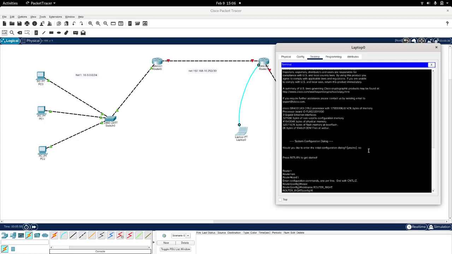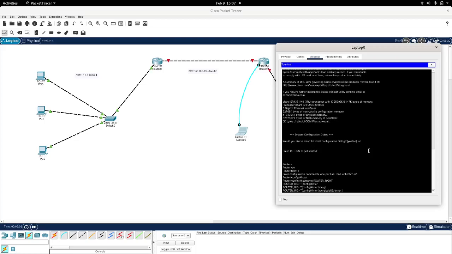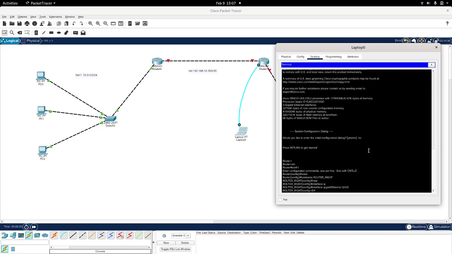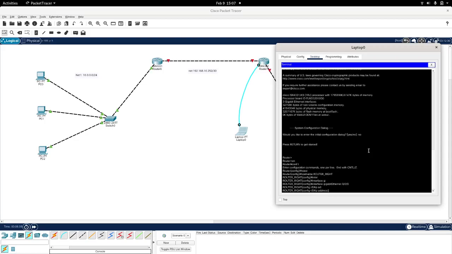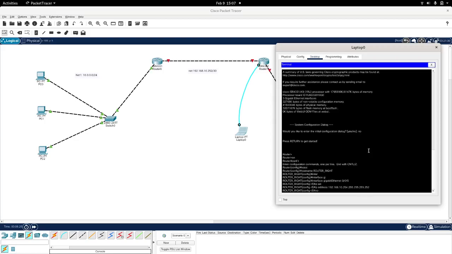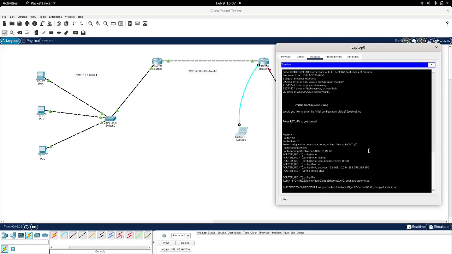In router I will access the interface 0/0/0, and I will give this interface the IP address 192.168.10.254, which is the next available IP address, and the last, in fact, 252. That will be my mask, and I say no shut. Let's see how it turns green. Automatically it turns green at the moment that I